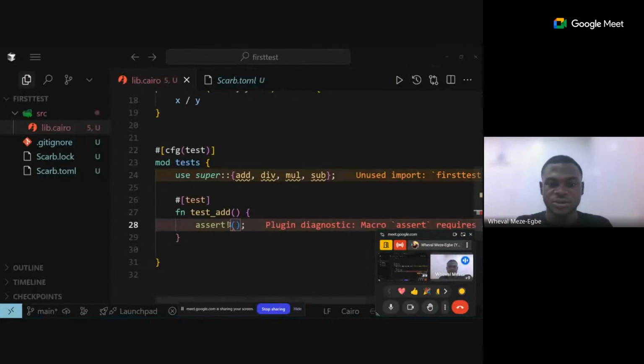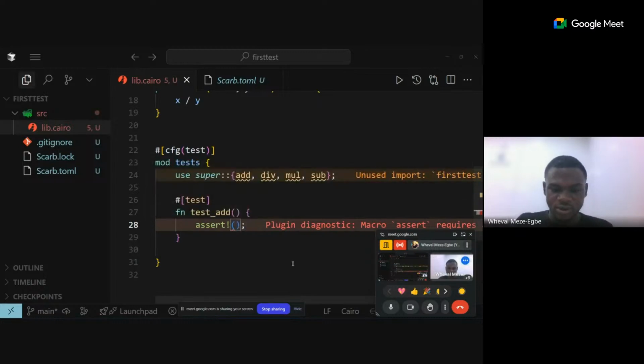It's the macro that allows us to use not just felts, but also, I believe you guys know what felt factory is, right, and byte arrays, because I'm mentioning all these things and Scarb.toml. So yeah, the assert macro